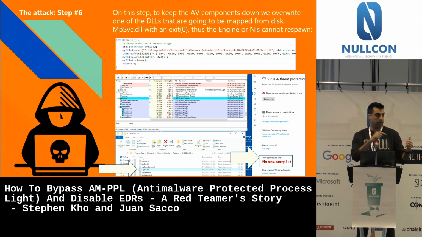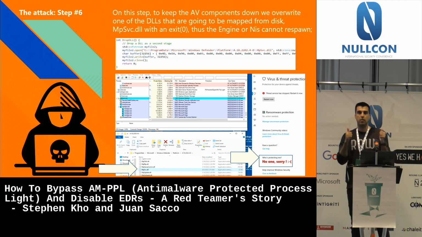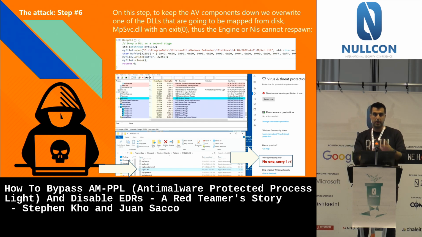And because of that, here what I'm doing, I'm replacing the MpClient DLL. That's basically one of the critical DLLs that is loaded by the process of this application itself. So when it loads, it will just crash. So it will prevent it from getting up again. Even if you reboot the machine, it will crash. And there is no more antivirus there because it will be mapped from disk.